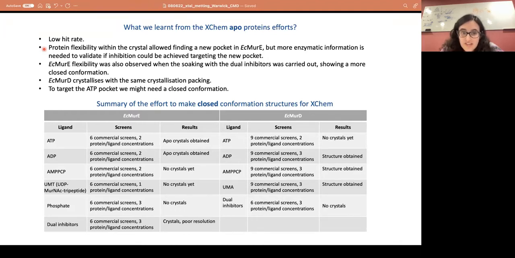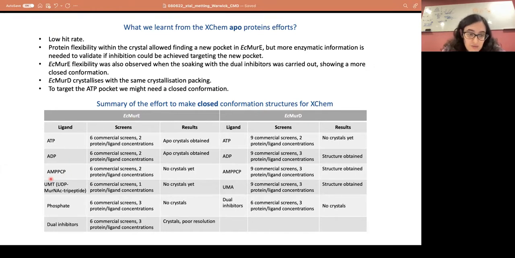And Mur-D crystallizes in the same packing all the time, so we can't really get that forward. And in terms of the ATP pockets, because this is an open conformation, the ATP pocket is not fully formed. So if we want to target that pocket, it seems clear that we need to move into a more closed conformation to do this. So I did a few crystallization conditions in the presence of different ligands for Mur-E: ADP,